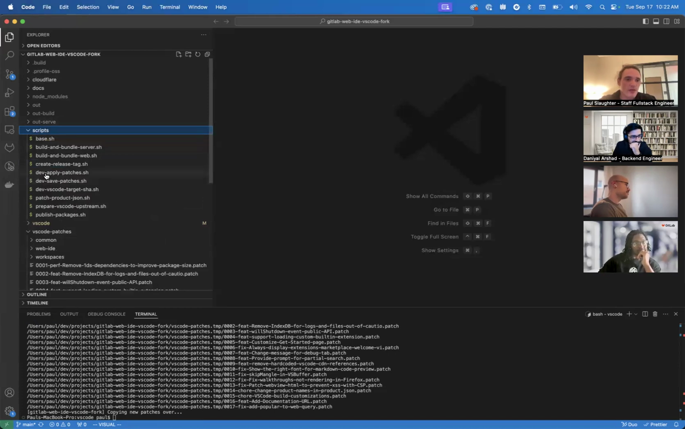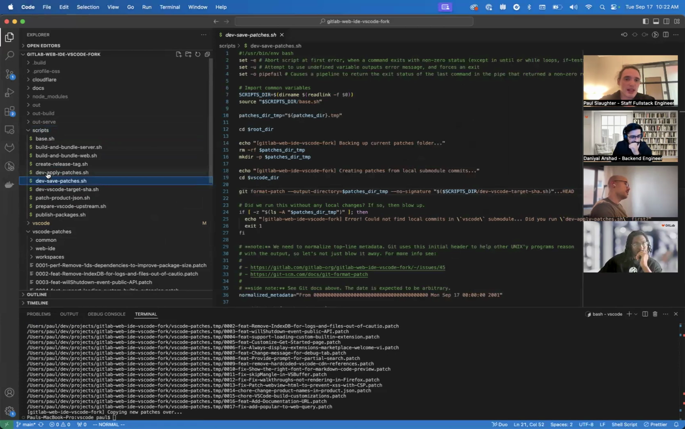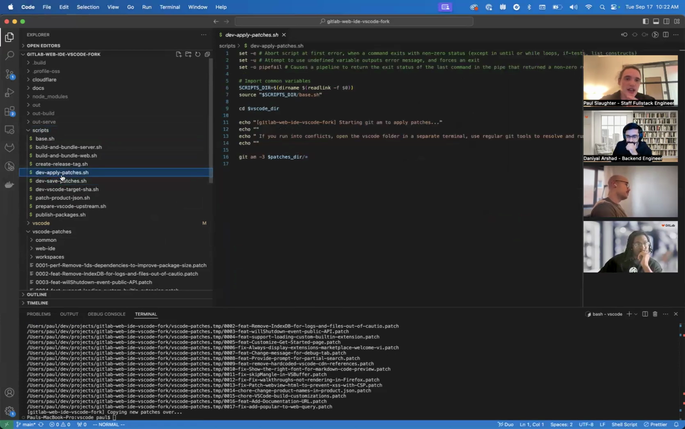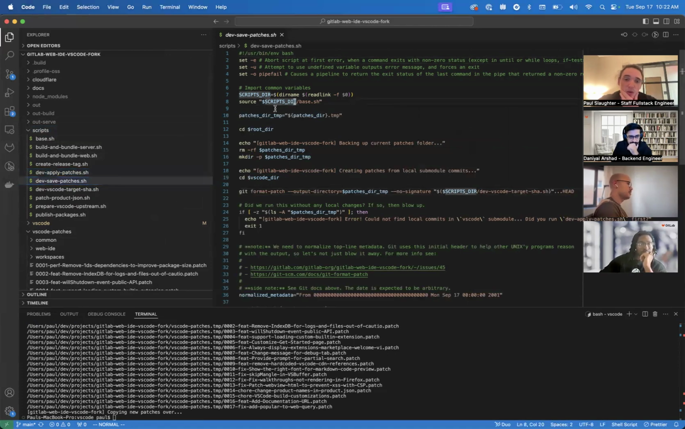So I'm feeling like it's save patches and apply patches, which are going to need to take in the context. Both of these source from base, so that's cool. We could create a function that